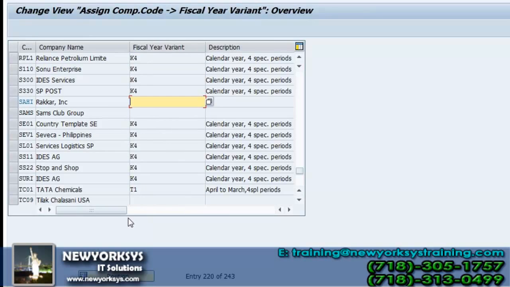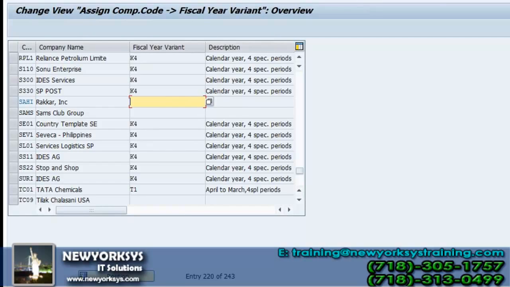See, this is actually a little tricky one. In the initial stages you may get confused. One thing we need to understand: any message, see at the bottom you can see the message, right? "No posting possible." Any message colored yellow, this is yellow color, right? It is an information message or a warning message.